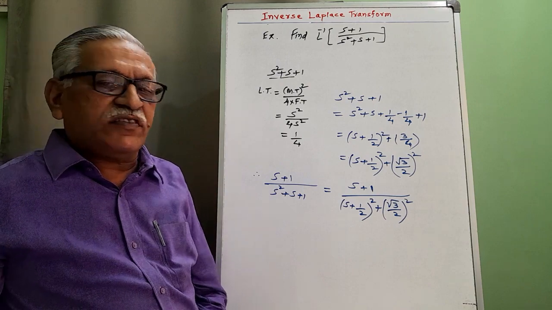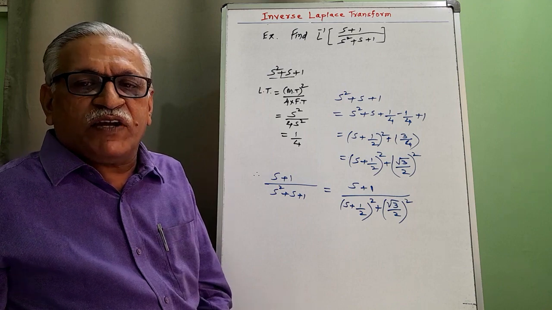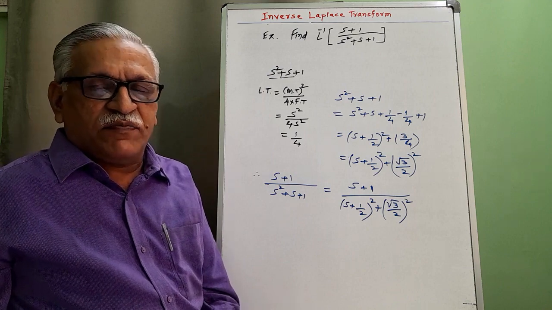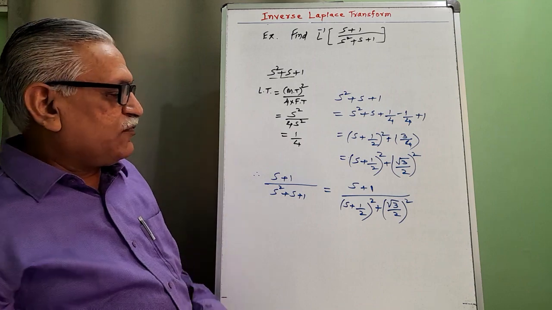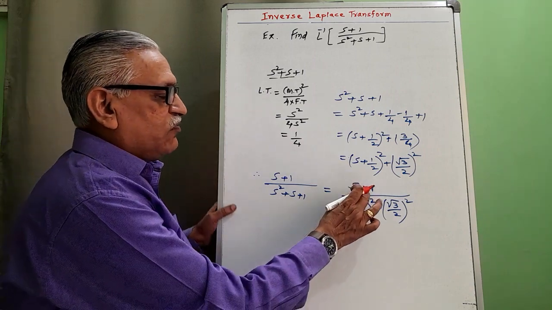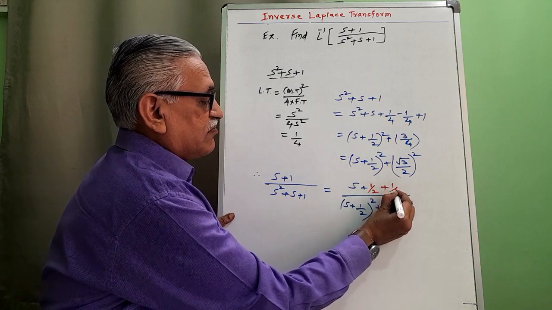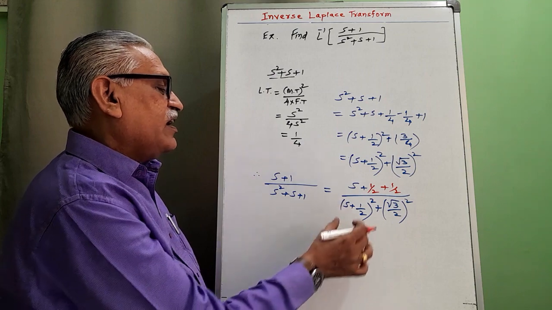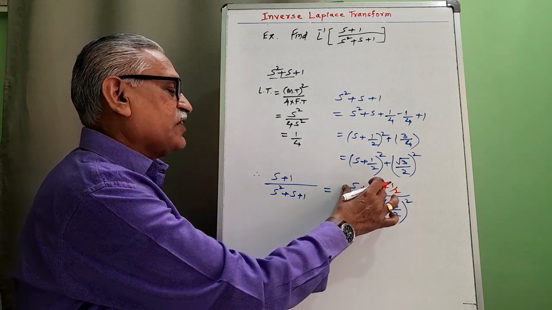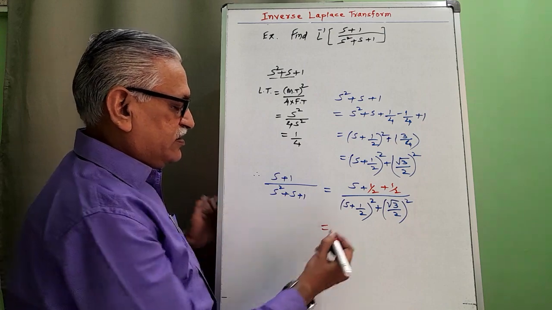In denominator s is replaced by s plus 1 by 2. Therefore everywhere that must be replaced by same term, so that we can apply shifting theorem. And therefore 1 by 2 plus 1 by 2 we get 1. And then taking separate division, this s plus 1 by 2 divided by this and 1 by 2 divided by this, we get,